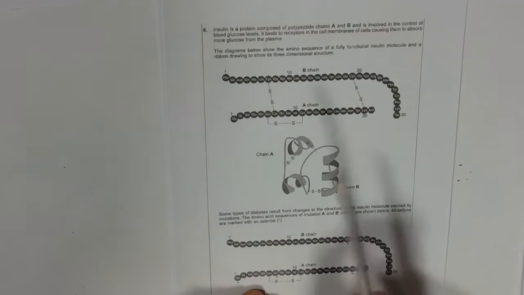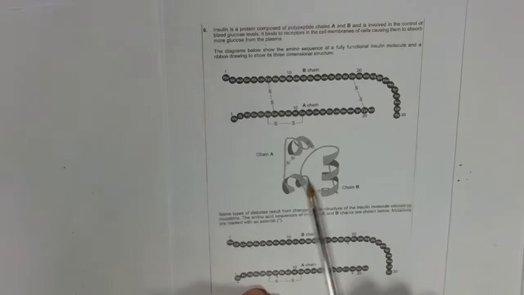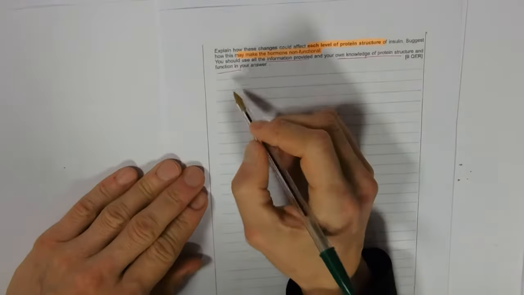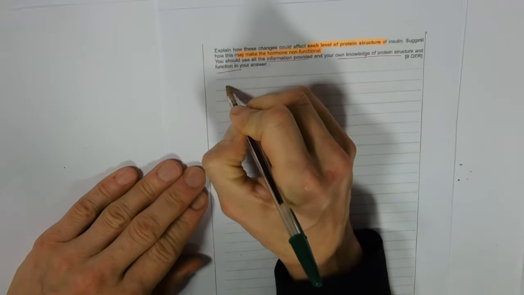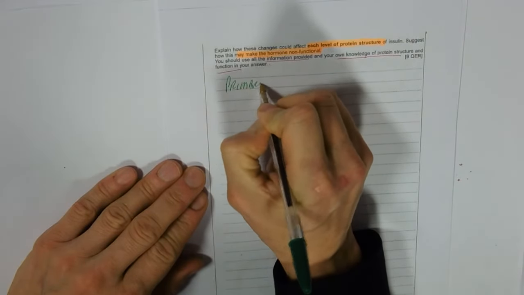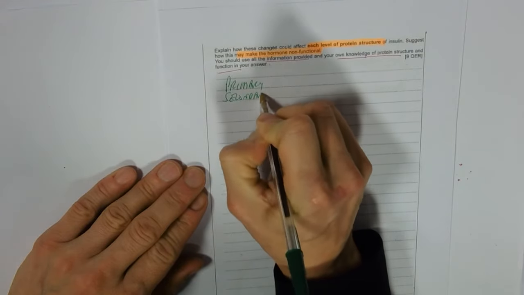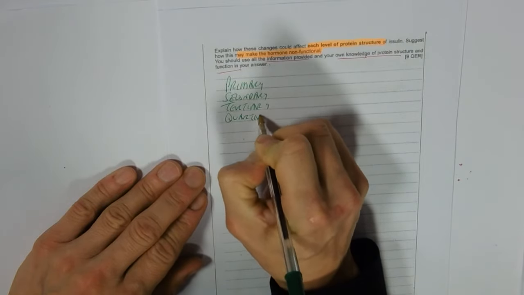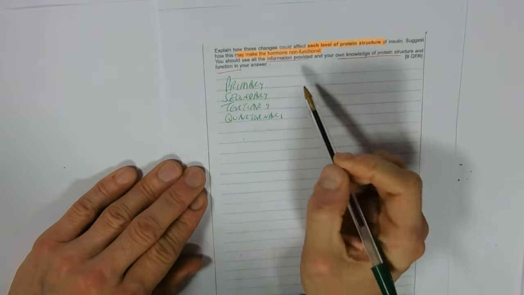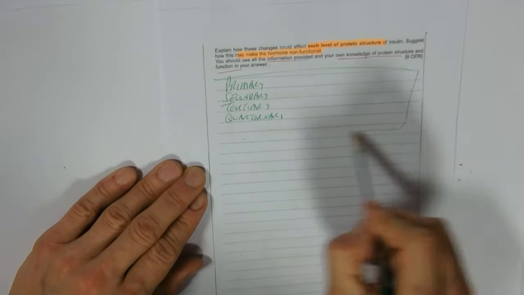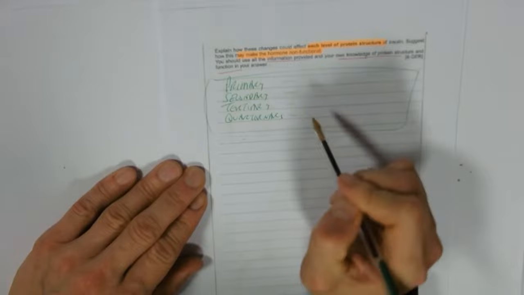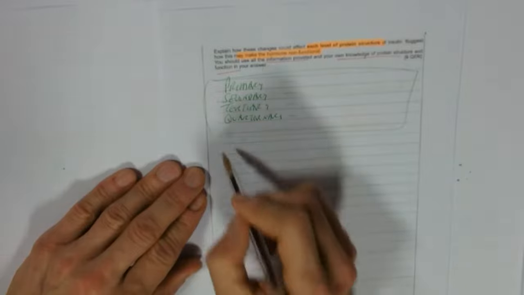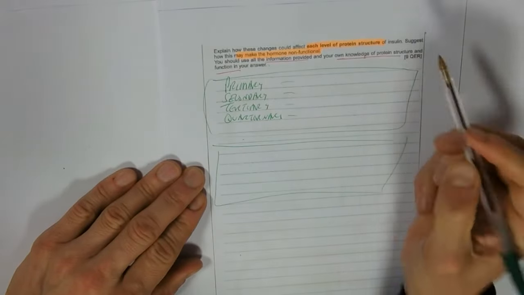So all of those 4 levels of structure are present in this diagram, and so that's your first part of the essay, which is telling us about primary, secondary, tertiary and quaternary structures. So definitions and examples from our diagram. Then we've got